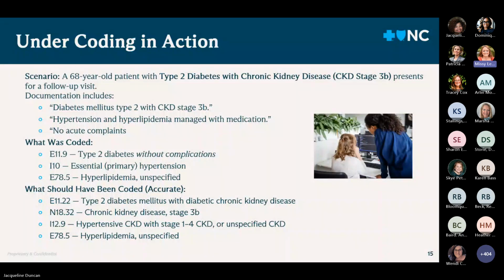So when we talk about undercoding, it's more than just a missed diagnosis code. It's a missed opportunity to accurately represent the patient's true health complexity. Undercoding occurs when chronic or active conditions that are monitored, treated, and managed are not fully documented or coded. This creates an incomplete clinical picture, which impacts risk adjustment, reimbursement, care management, and quality reporting downstream. From a risk adjustment perspective,